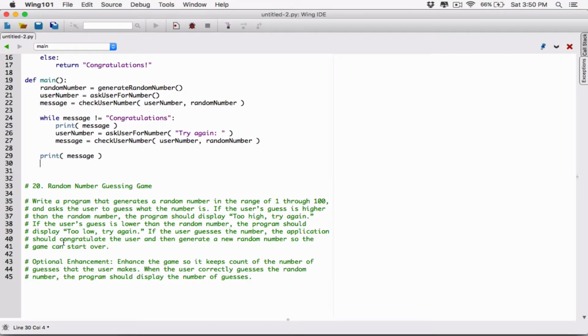Now it says congratulate the user and then generate a new random number so the game can start over. So basically we're starting over. We need to have the program be able to go back up and generate a new random number, ask the user, check, basically do everything all over again. That's all we're doing. So we need to write code to do that. And so after we've printed out congratulations over here,